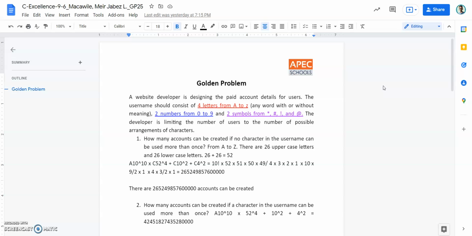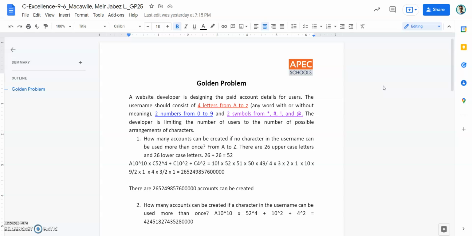How many accounts can be created if no character in the username can be used more than once? From A to C, there are 26 uppercase letters and 26 lowercase letters. 26 plus 26 is equal to 52. Now our letters is 52 and our numbers is 10. So 10 raised to 10 times C 52 raised to 4 plus C 10 raised to 2 plus C 4 raised to 2 is equal to 10 exclamation point times 51 times 52 times 51 times 50 times 49